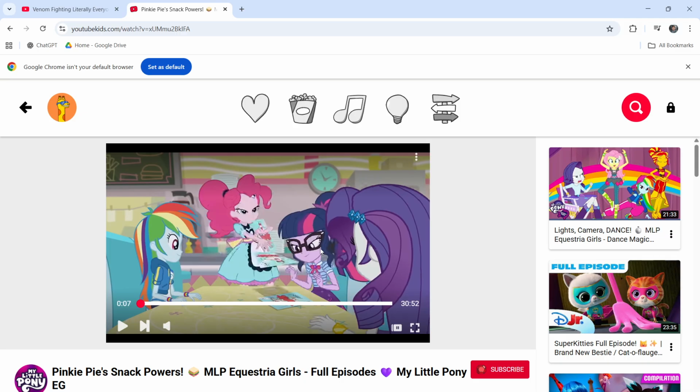Open the video, tap the three dots, choose Block this video, verify, and confirm. With just a few taps, you can fine-tune what appears in your child's feed and create a viewing experience that better matches your